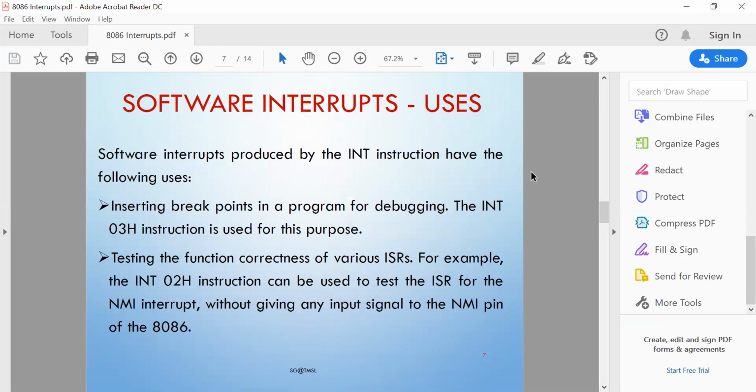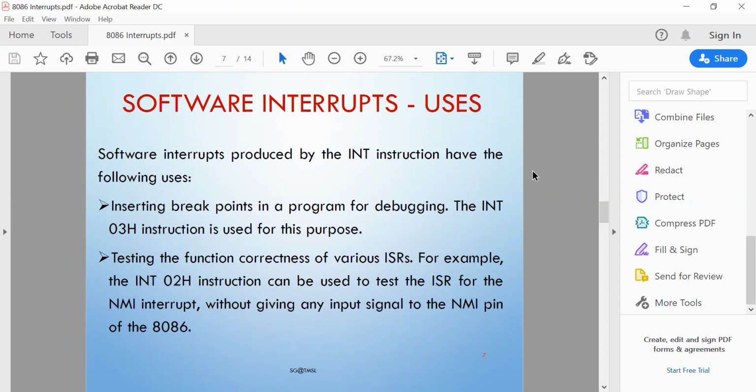And the uses of software interrupts are like inserting a breakpoint in a program for debugging. The INT 03 instruction is used for this purpose. Now, in our 8086 assembly language programs, the last instruction will be INT 03 as per our laboratory trainer kit, because some kits have been manufactured by other companies according to their outputs, and our trainer kit is compatible with INT 03, not the halt instruction.